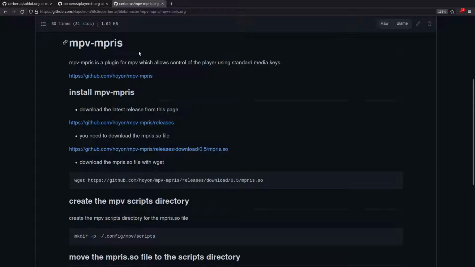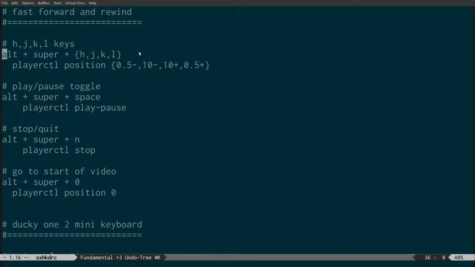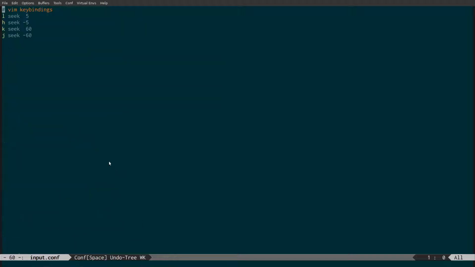So what I'm going to do is switch across to the config file for the keyboard daemon, which is called sxhkd, and the config file is called sxhkdrc. Now what I'm just going to do quickly is come across to the mpv directory, and in config mpv